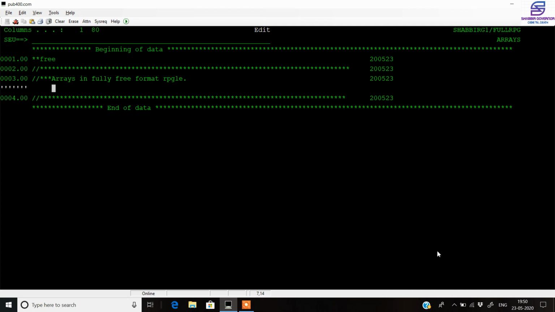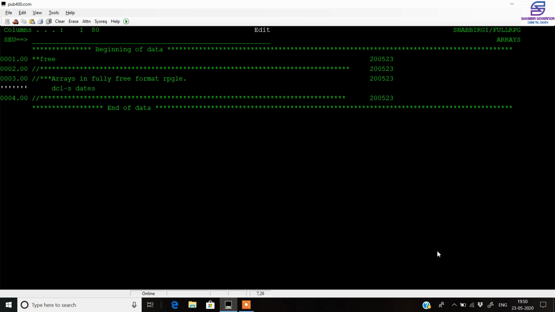Firstly, we will declare a simple date array, and we'll give the dimension of that array. It will be storing scalar values of date in it, and we'll just display them. And then we'll go to the next example. So let's start. To declare an array, we write DCL-S, which is declare standalone variable, and the name of the array.